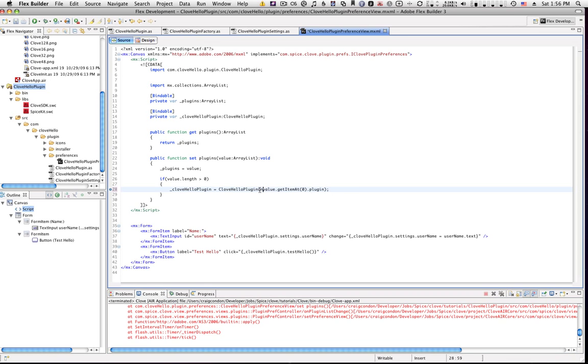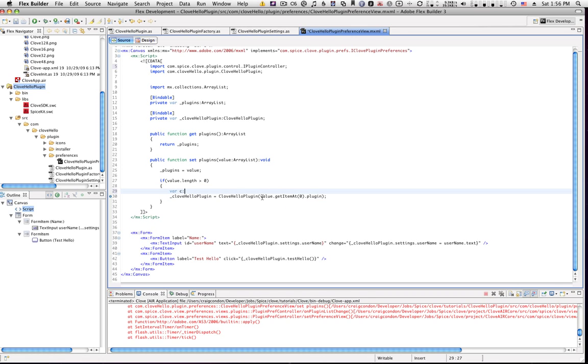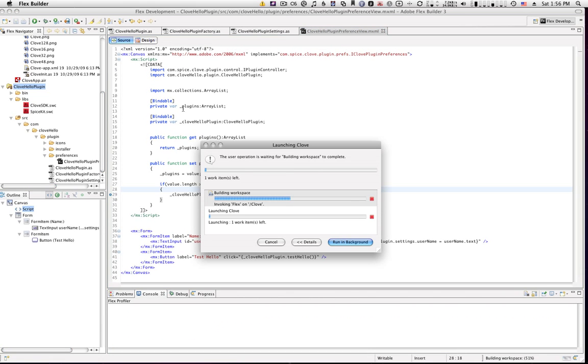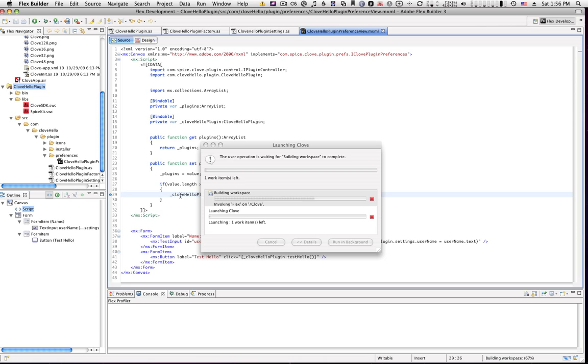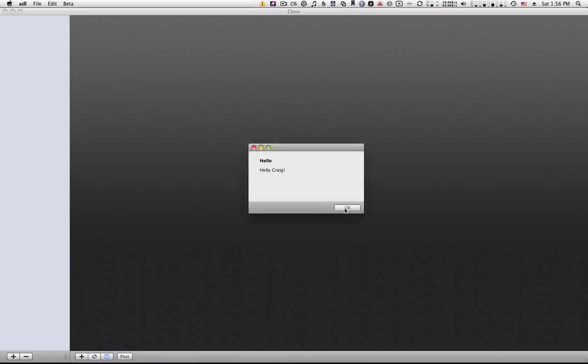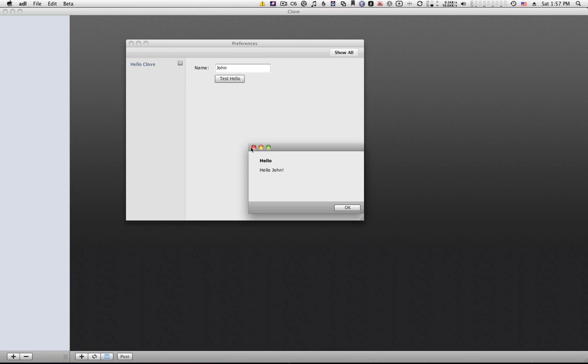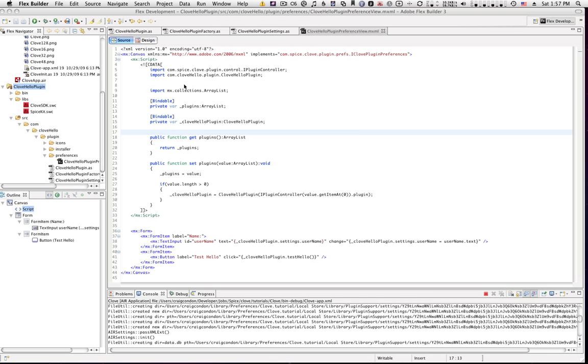So we go plugin controller .plugin. So then we'll give this a shot. Hello Craig. We go to plugins, and we see your name in here, and we'll go John. Test hello. Hello John. So then we'll try closing the application now and reopening it, and we should see hello